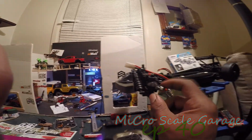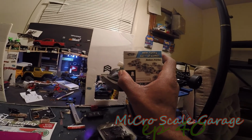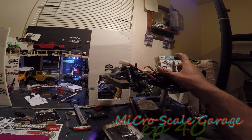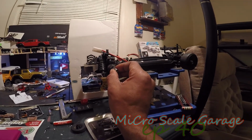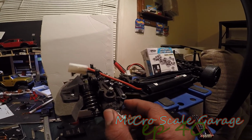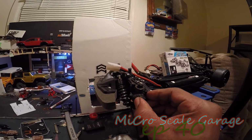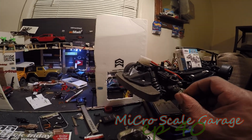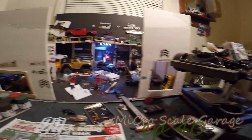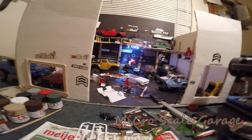But I'm gonna get ready to put the ball bearings in that I got. So epic, thank you very much. Super epic. I wanna do a mod where I get more of a turning angle, because I didn't buy the drift version. This is just the regular TT02. I think this car is gonna roll a lot better with some ball bearings. It's gonna be a big difference. I wanna get a metal drive shaft for it too, but that's not from Micro Scale Rigs. And then